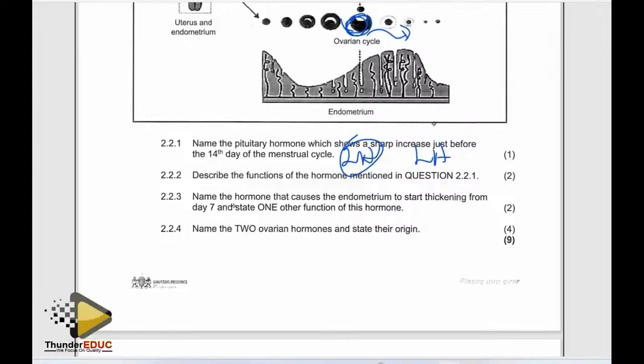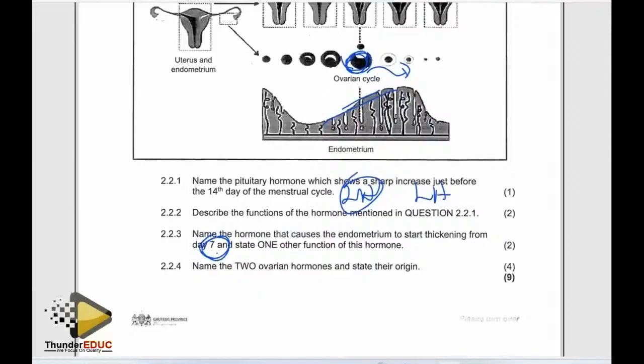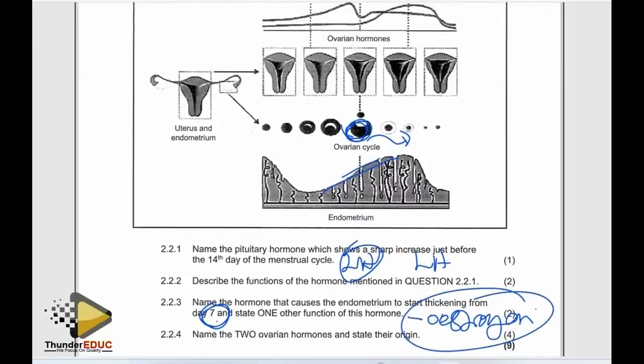So there are two. Name the hormone that causes the endometrium to start thickening from day 7. They're saying start, the word start. You see, the endometrium is starting here. So in this case, what is the answer? The answer is estrogen. Remember we said that estrogen prepares the uterus for implantation,